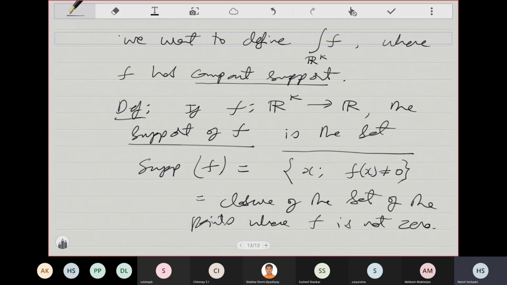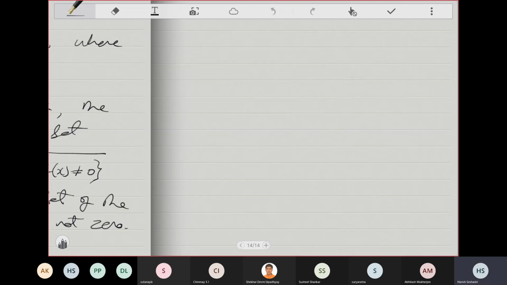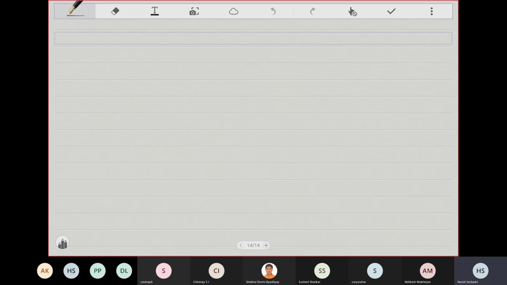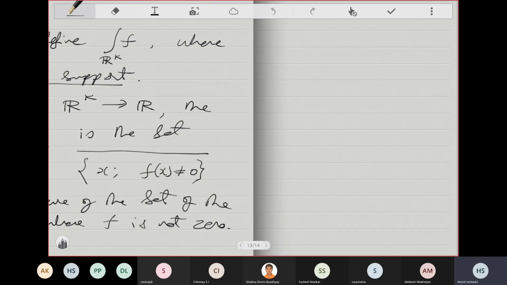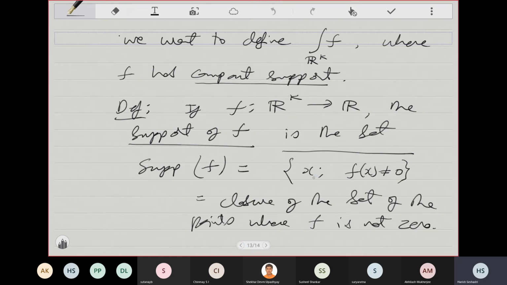This makes sense for any function. I don't even need continuity. I'm not saying anything about this set. I just look at points where it's not 0. Then for any set, we can take the closure. And that's what I do. So I get this. Notice that if f is continuous, the set of all x such that f of x is not equal to 0,